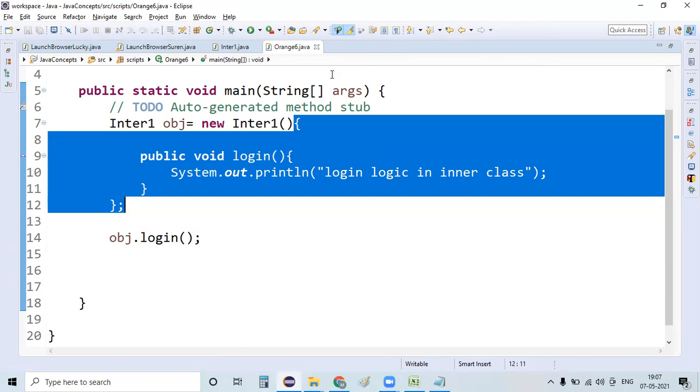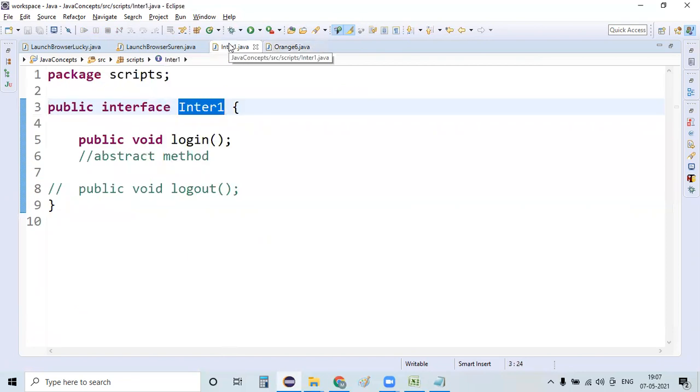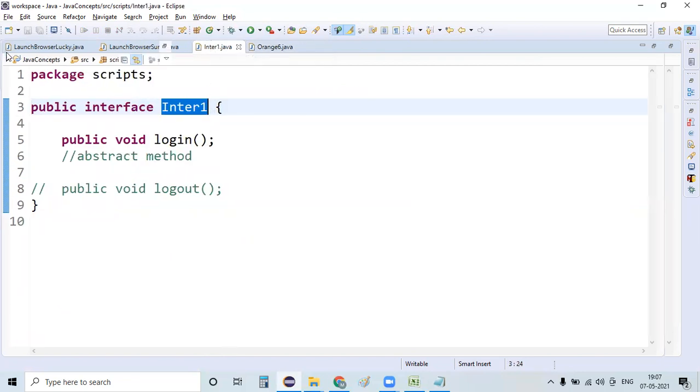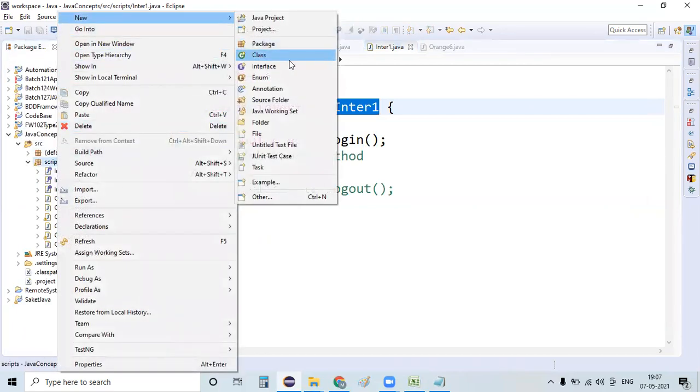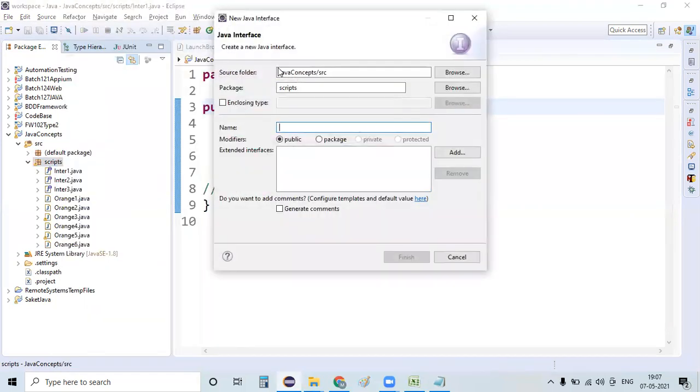Okay, got it. Moreover, this is an interface which has only one abstract method. So to extend this topic, I'm creating one more interface which has multiple abstract methods.